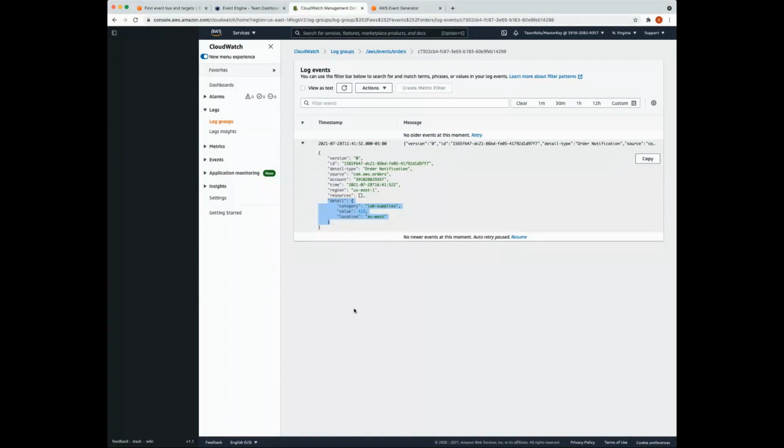So we have just configured an event bus, we created a rule, and we were able to publish a test event, and we saw that it was captured and routed correctly to the correct target, which was CloudWatch logs. Before we move on to the next section, I'm going to pause here and ask if everyone is caught up, and ensure that we're all seeing the same thing and not having any issues. Please bear in mind that if you are having issues, make use of the chat. We do have a number of resources here to help you if you run into issues.